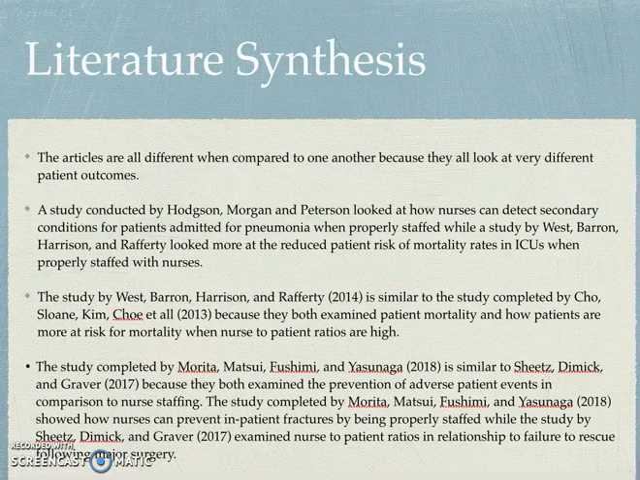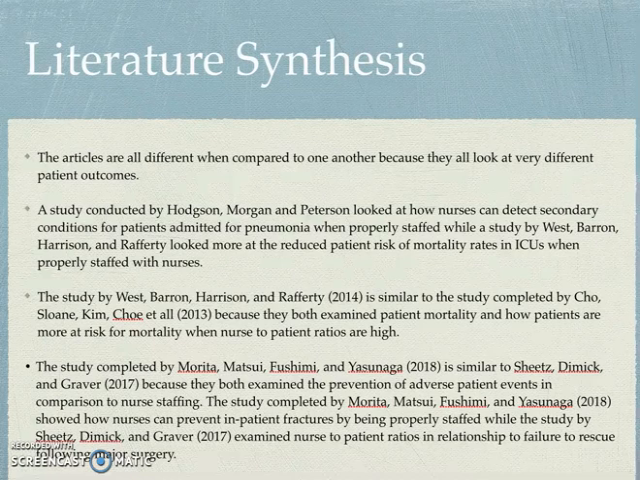So then there's similarities in that the West-Barron, Harrison, and Rafferty study is similar to the Chow, Sloan, Kim, Choi study because they both examine patient mortality and how patients are more at risk for mortality when nurse-to-patient ratios are high. The study completed by Morita, Matsui, Fushimi, and Yasunga